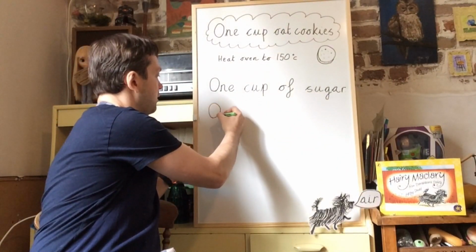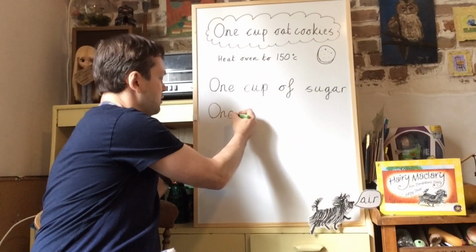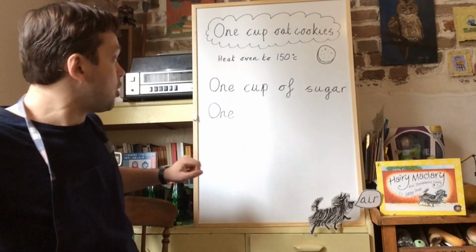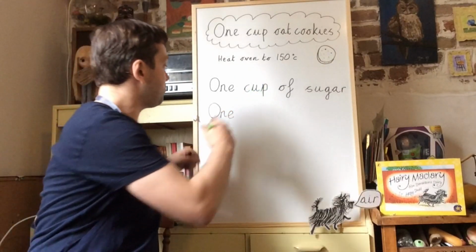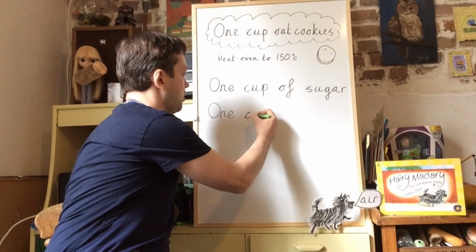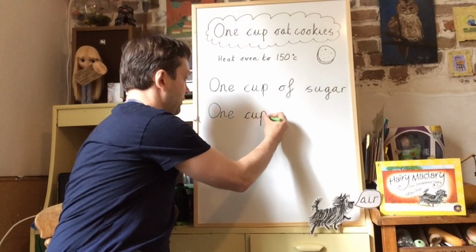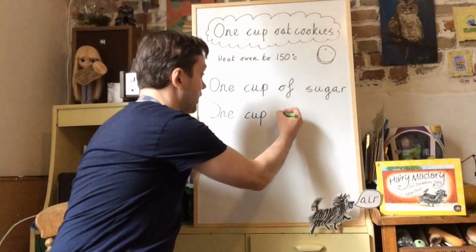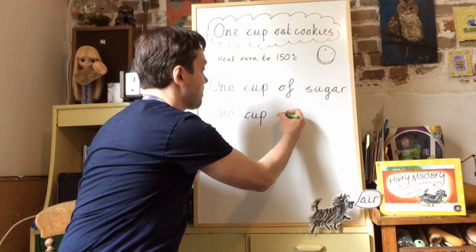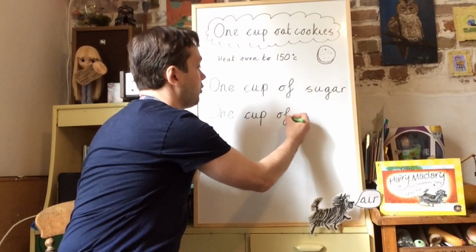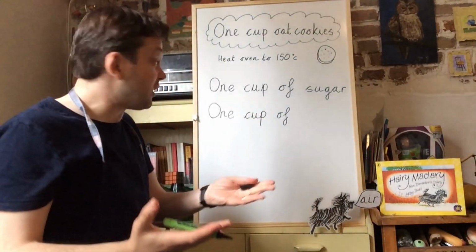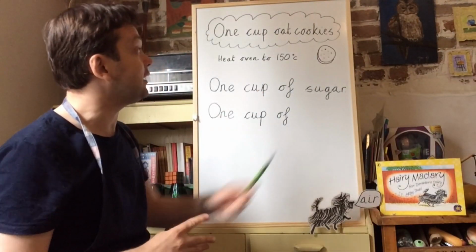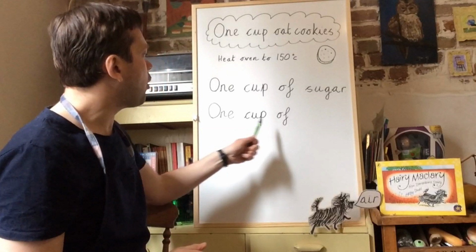Capital O-N-E. 1. 1 cup. K-up. Of, we can just copy of, can't we? Make sure 2 finger spaces. Otherwise, when you get home, you won't be able to read it if all your writing's squashed, and then you won't be able to know how to make the lovely cookies. 1 cup of